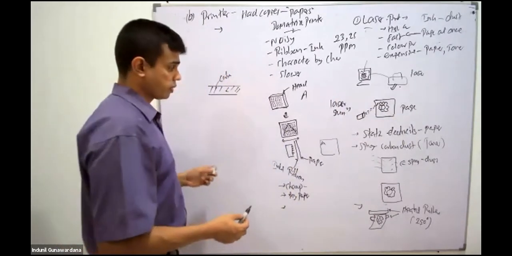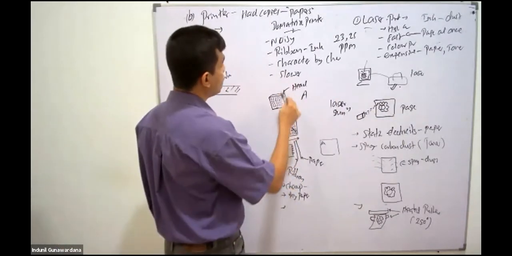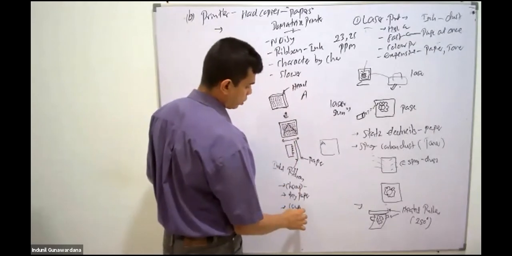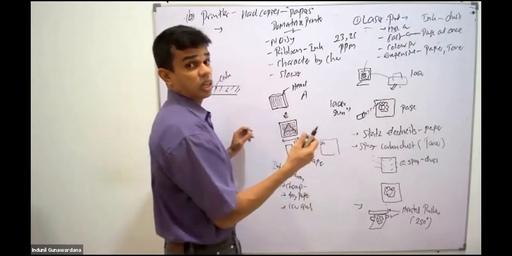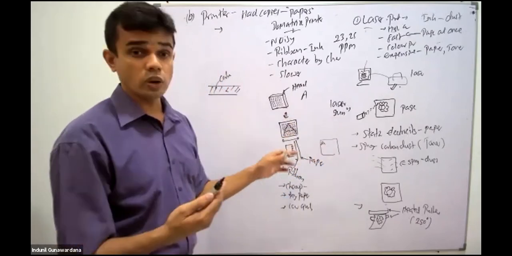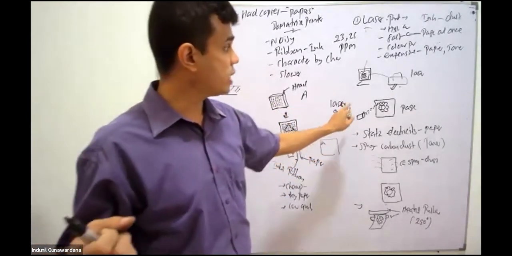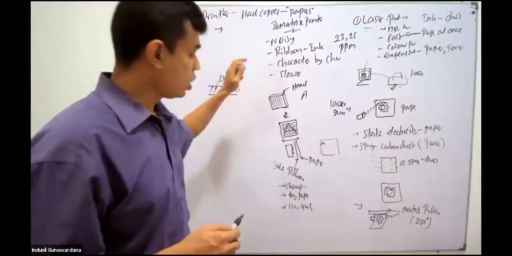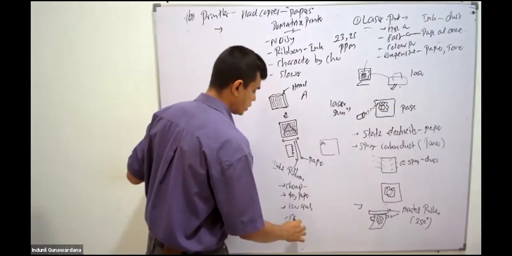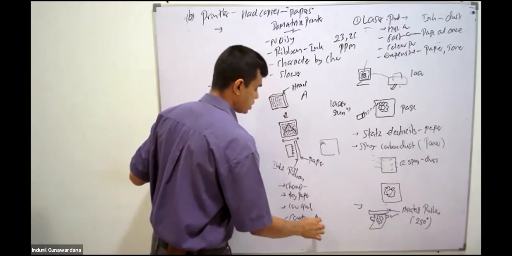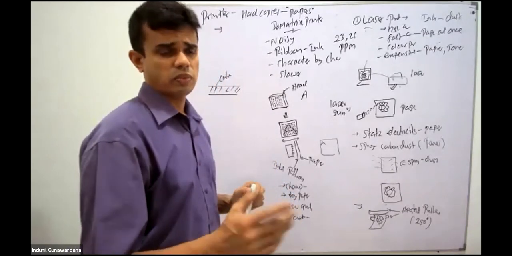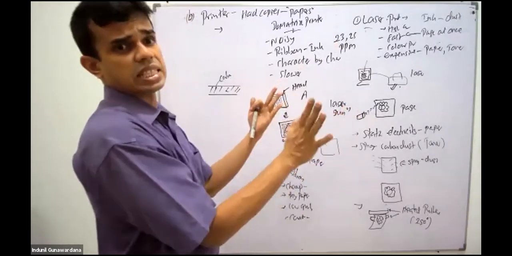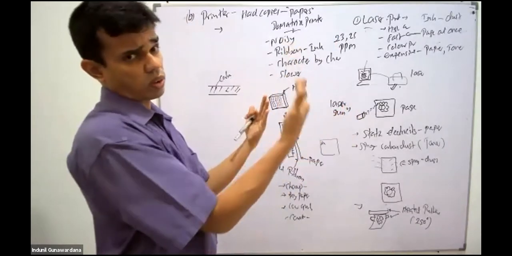Cheap printing, but the print quality is very low. You see that the dots will appear in the printout, unlike the laser. In laser, we don't see dots. Why? The entire laser beam makes the printing. Normally we use it in our sales counters, since it gives you a lower printing cost. Quality is not a matter. When you take the bill, if you can read it, that's enough. We don't want color shading.